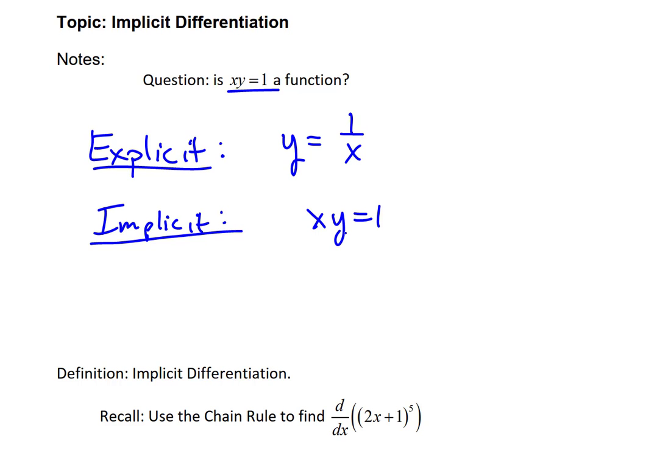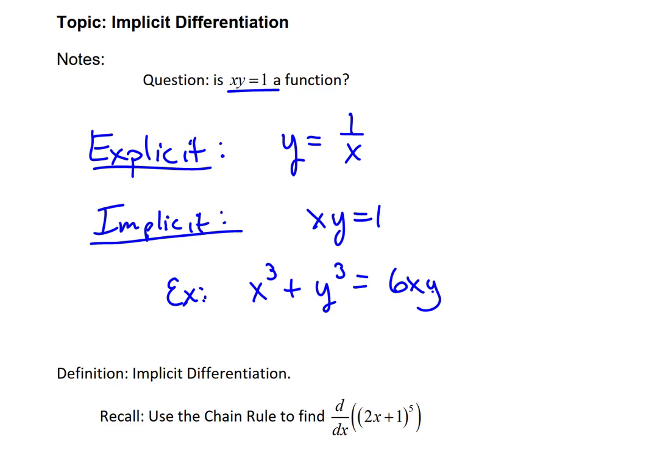Well, it turns out many equations only have an implicit form. So this is not an example of them. This one could be written either way, but I just wanted to use it to show you the two different forms. If you had some other function, for example, we could say something like x cubed plus y cubed equals